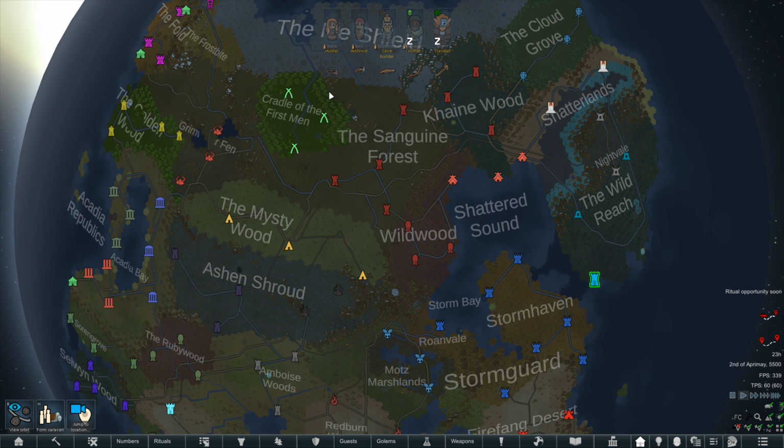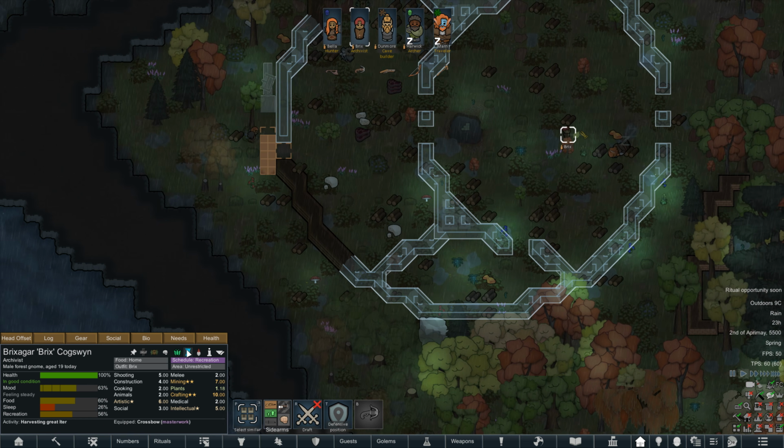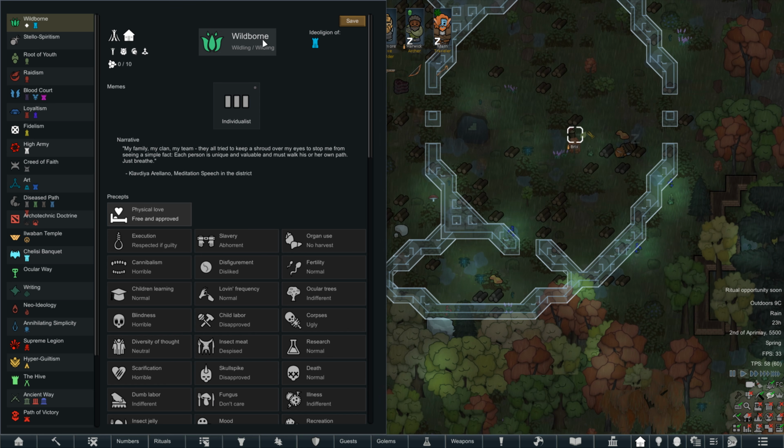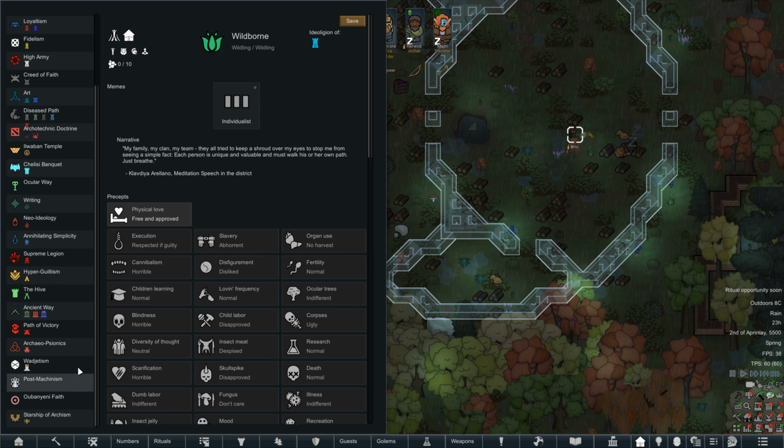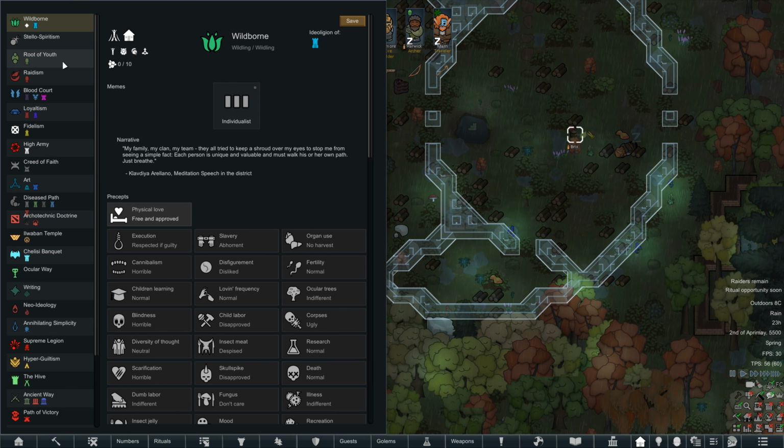In addition to the beautification fix so that we can actually see their mountains, I did get everyone converted over to our Wildborn Ideologian. So that was a little goof in part 0. We didn't get to take a look at the Ideologian. I haven't had a chance to look through all these Ideologians, but over the next couple days, I'll probably customize them a bit for each of the factions that are belonging to these things, just so that they make a